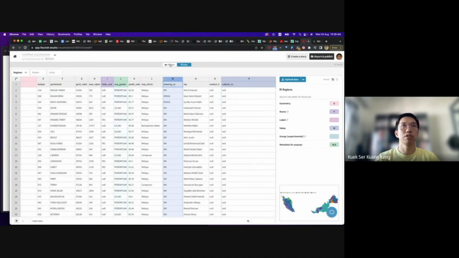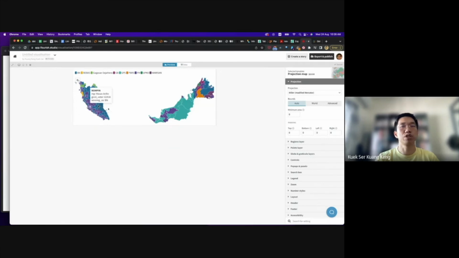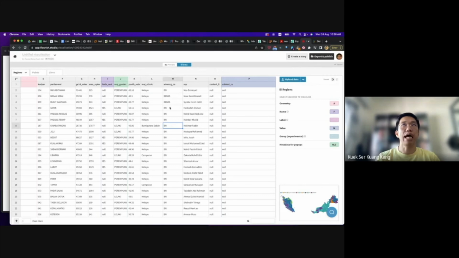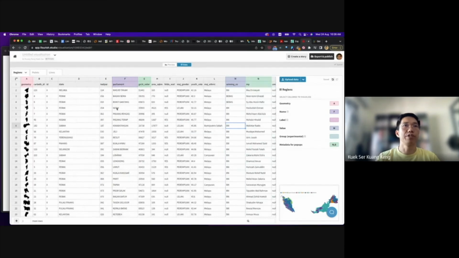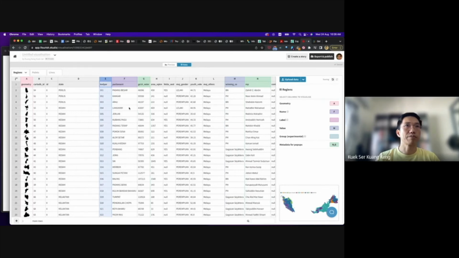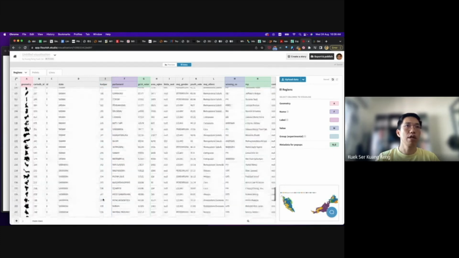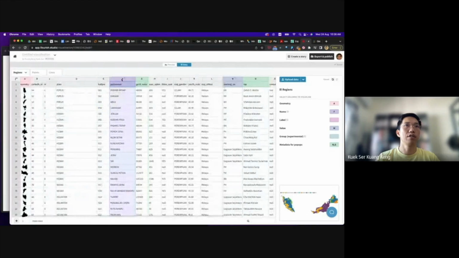But this actually gives you the polygons, not the data. If you want to add your own data, one way of doing that is to upload another data set and merge it, which is quite complicated. Another simple way is to sort the code parliament, 1 to 222, and then you can